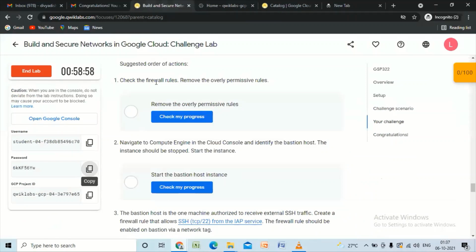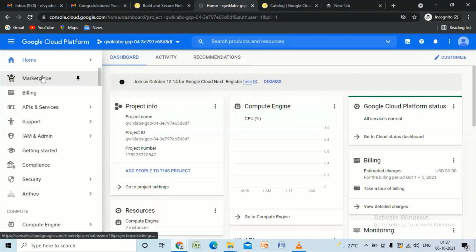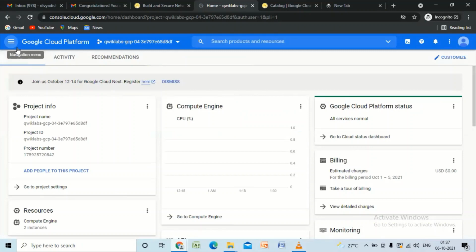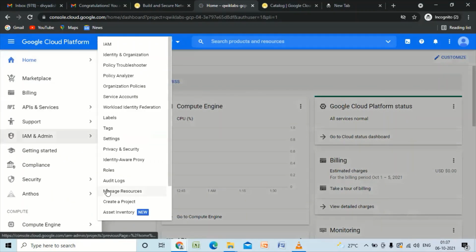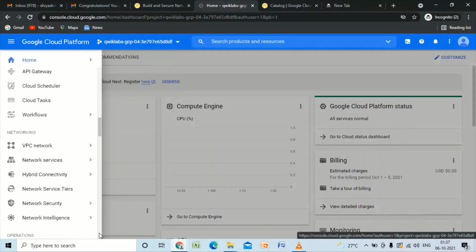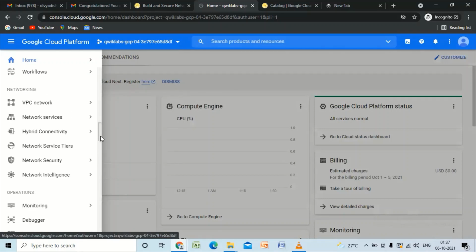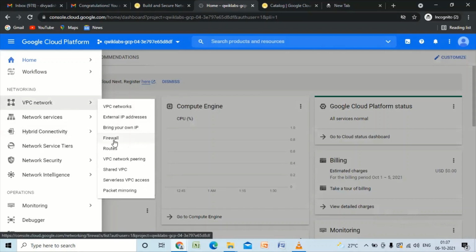The first task says that we have to remove the firewall rules. For this, first click on agree. We'll go to the navigation menu, VPC network, firewall.